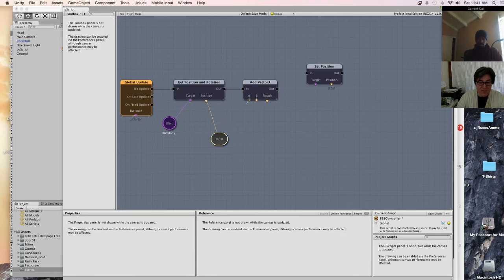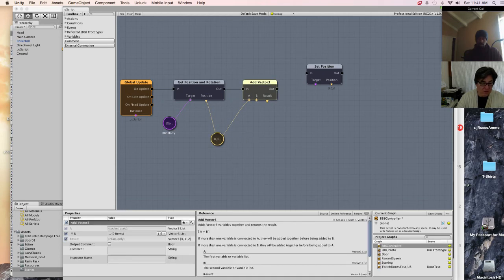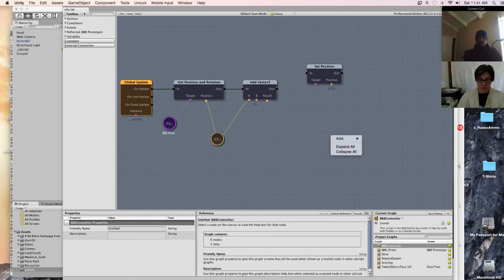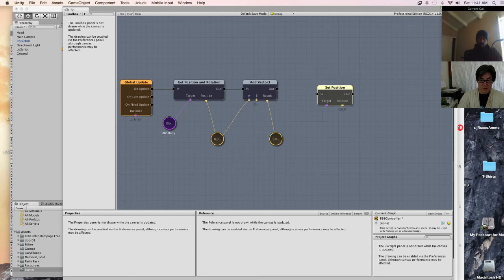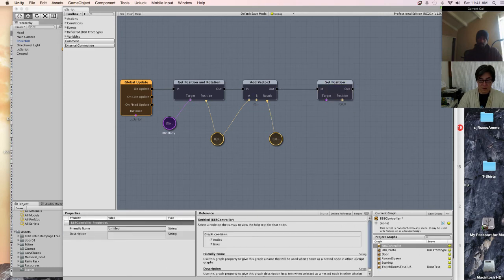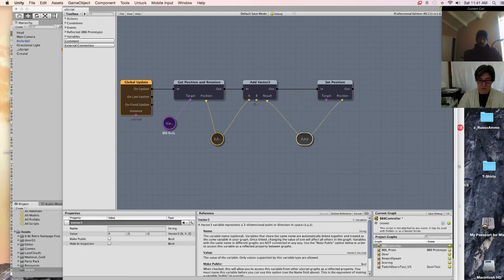We're going to take this vector, wherever this is, and we're going to add 0.7 on the y axis, right? And then we're going to get a result, another vector, and this should be 0.7. Sorry, that will be his new position.